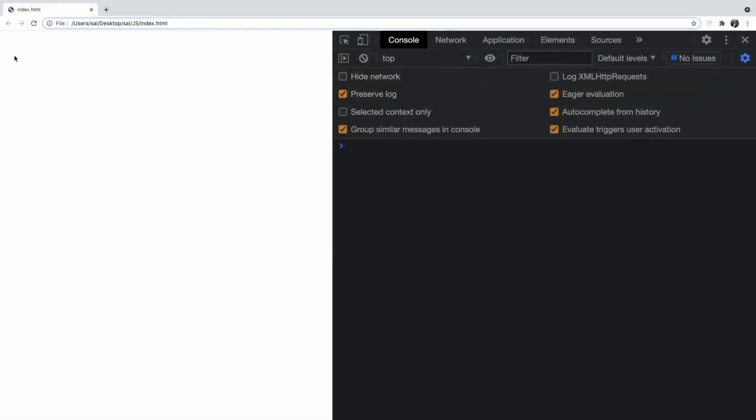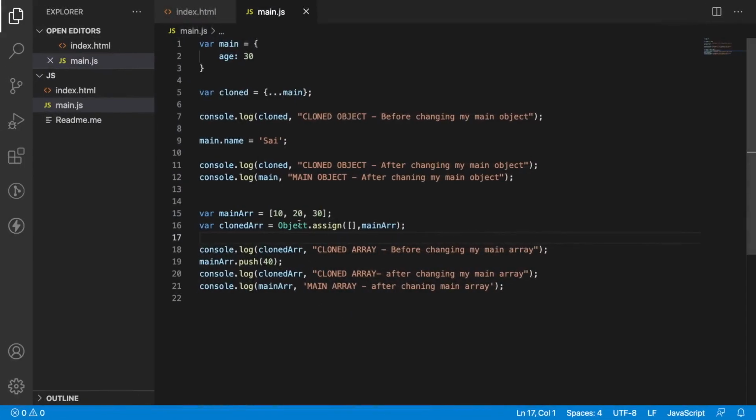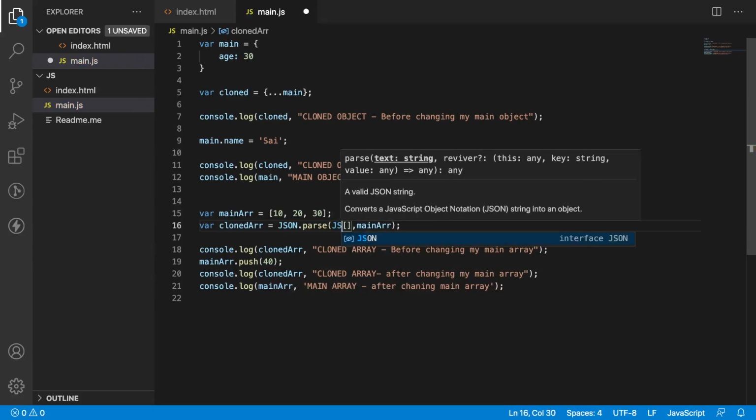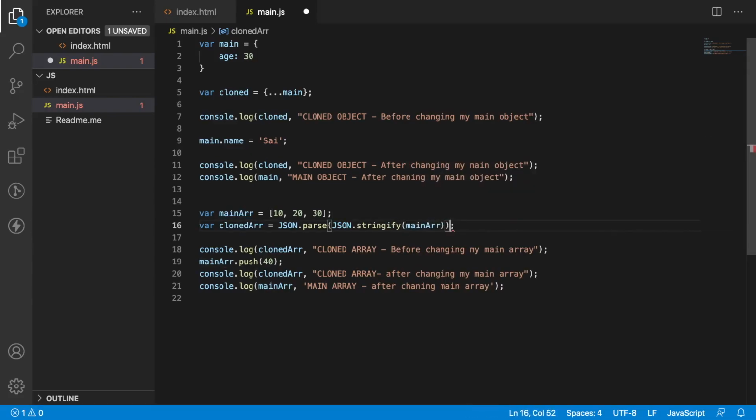So let me go back, clear the console, reload. If you see here, 10, 20, 30 in the cloned array before changing my main array, and even after changing the main array, my cloned array is not affected. The same way we can use one more thing called JSON.parse of JSON.stringify of my main array, cloning that main array.